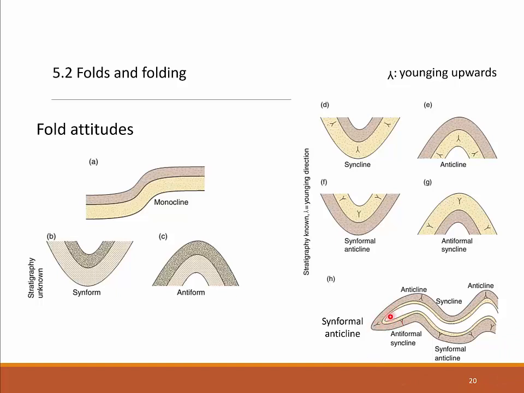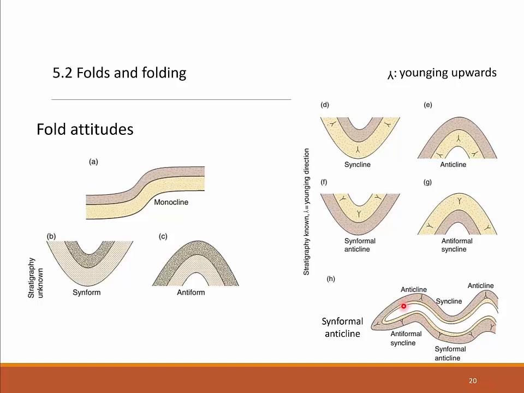This is a tight, perhaps isoclinal fold where we formed an upper limb and a lower limb, which initially were limbs of planar shape. In a second folding event, these two limbs were undergoing a second episode of folding, and that produced the folds that we see here,